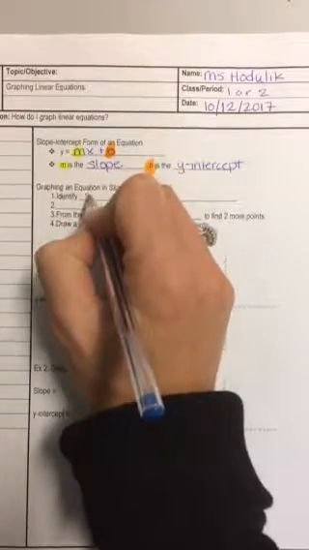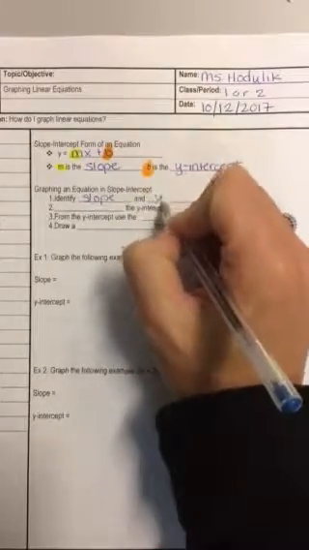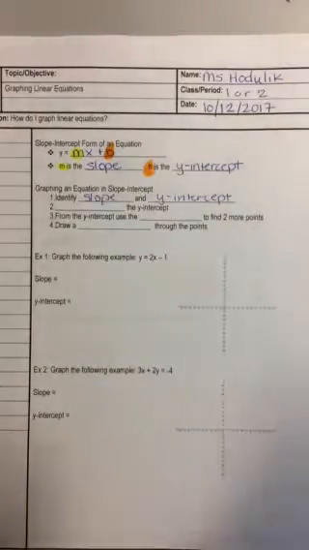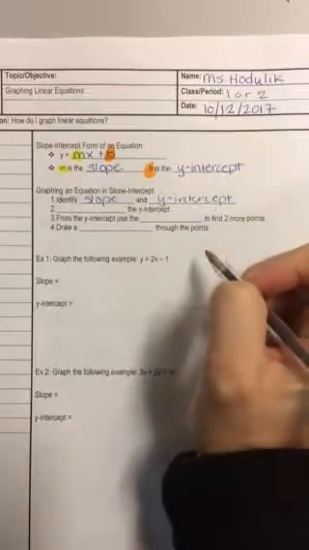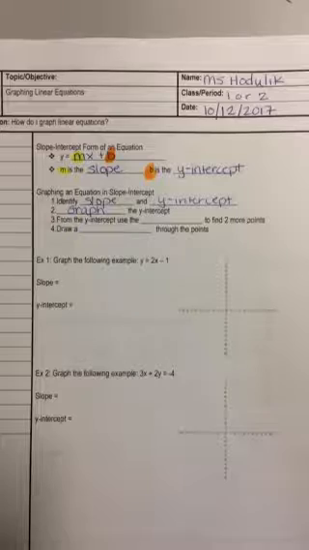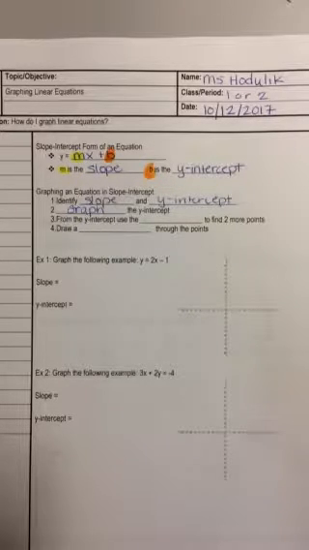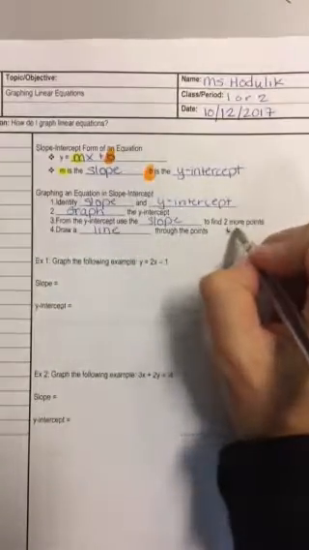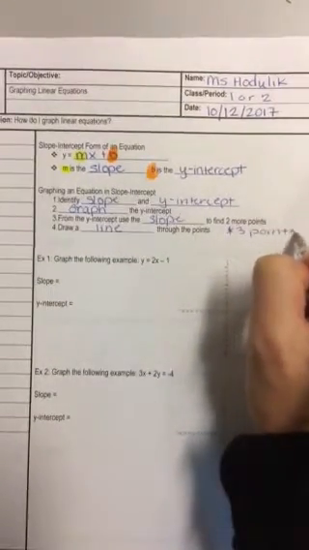So once it's in slope-intercept form, we're going to identify the slope and the y-intercept as our first steps. And then after we've identified the slope and the y-intercept, we are going to go to the y-axis and graph the y-intercept, and then from that y-intercept we're going to use the slope that we found to find two more points in order to draw a line through all 3 points. I'd like us to use 3 points minimum